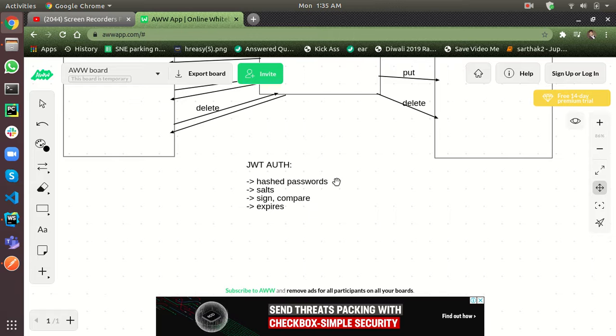Let's imagine a case where a hacker hacks into our database, so it gets all our passwords and posts we have created. We want to prevent any hacker. If there is a chance it has cracked into our database, we need to enhance our security so that it is not able to understand what is being stored in the database. So the best way to prevent this is using hashed passwords.